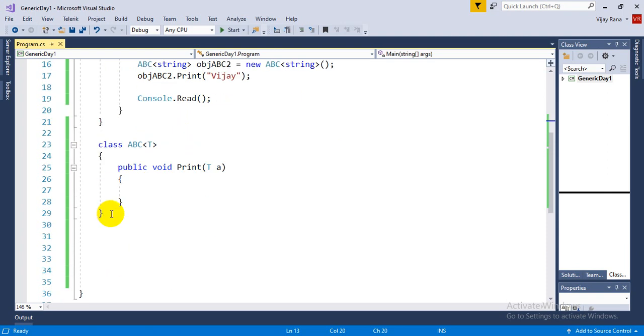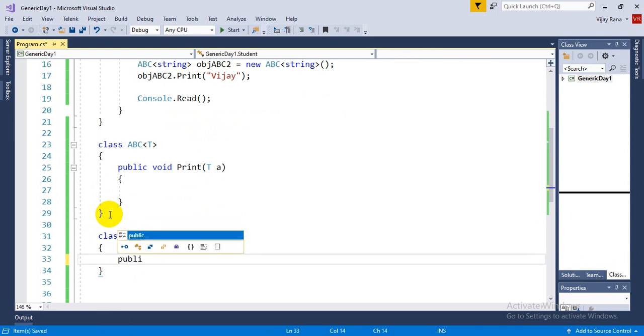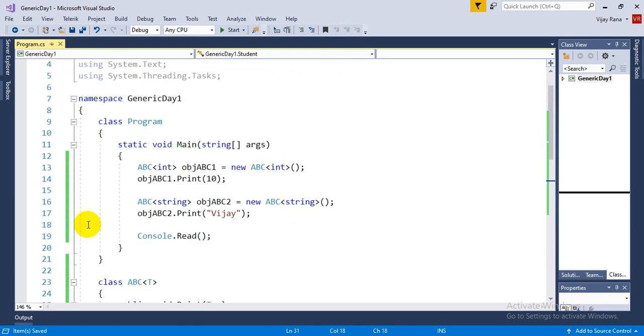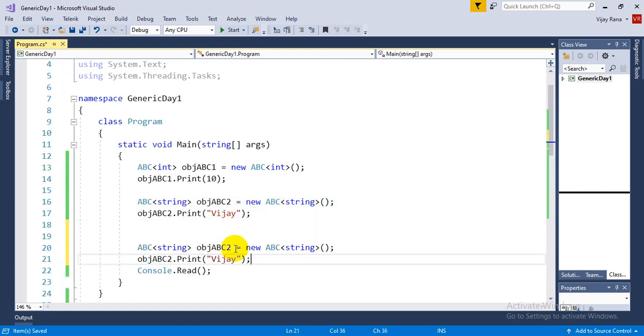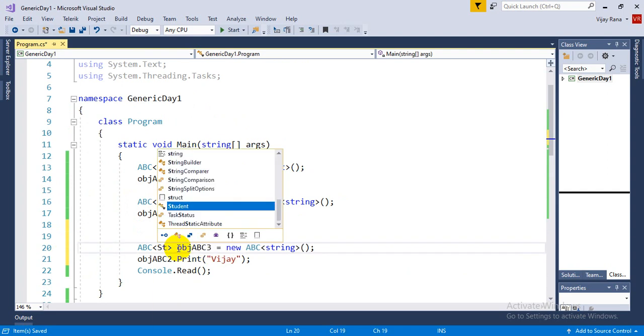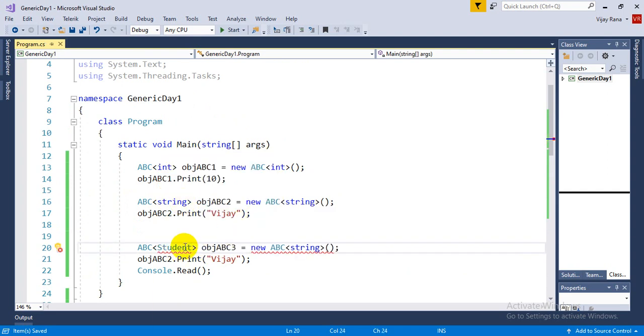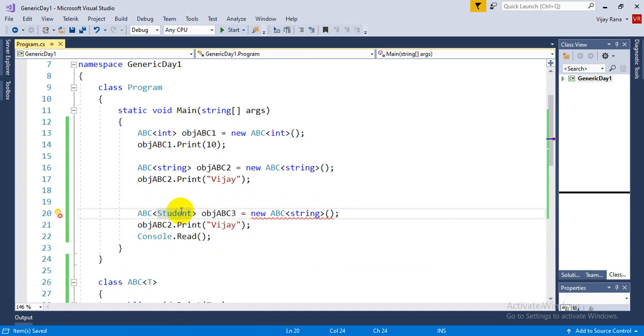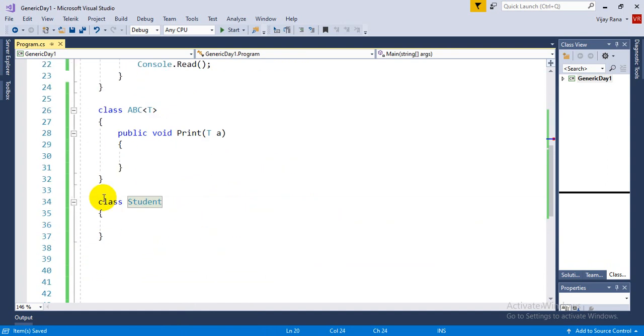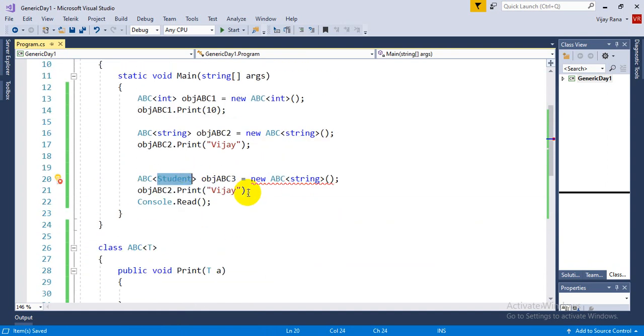So what I'm doing here: class student, and I'm not writing anything inside it. I'm just copying this method, control C, control V, and creating another object, obj abc3. But this time I am using student as my type, because this is our custom type, the class which we created.